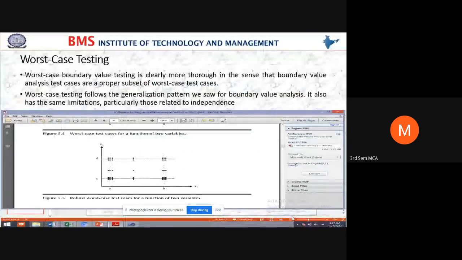So next we have worst case testing. So in worst case testing, if the boundary value is only 10, but if I give 11, then what should happen?